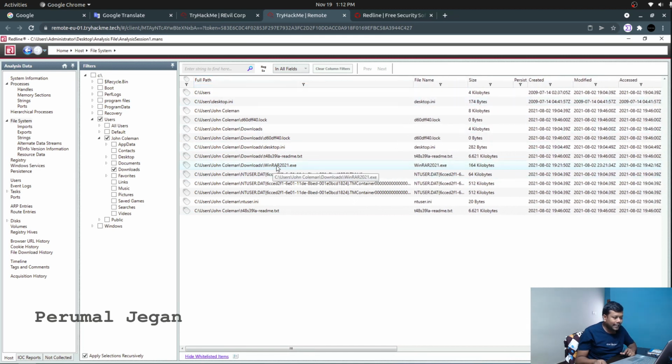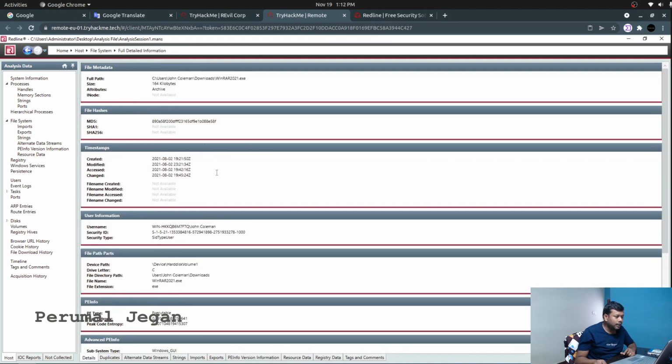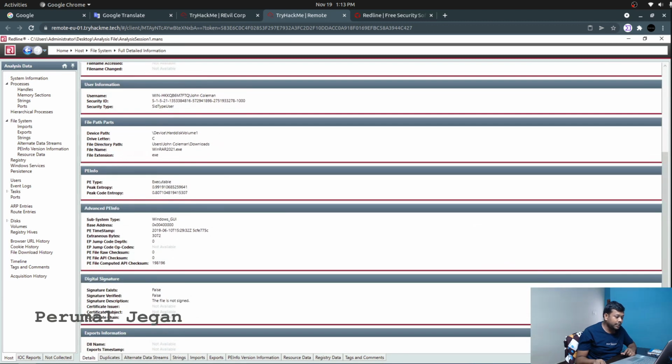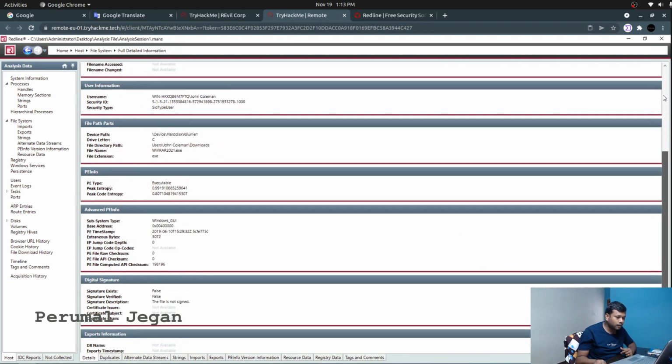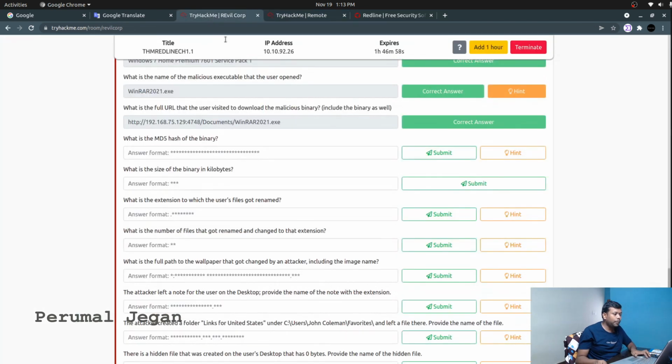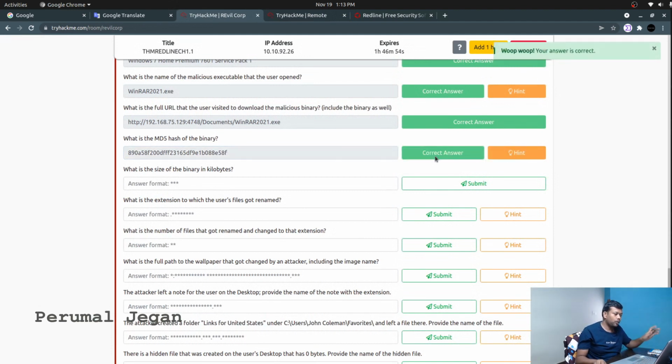If you want to see the details of this file, just double click. It will open the details about that particular file, and the detail includes the PE info, the portable executable file information, and advanced information as well, the import export information. We need its MD5 hash, and that is here. I'm simply copying that and pasting. Oh, okay, we answered it.